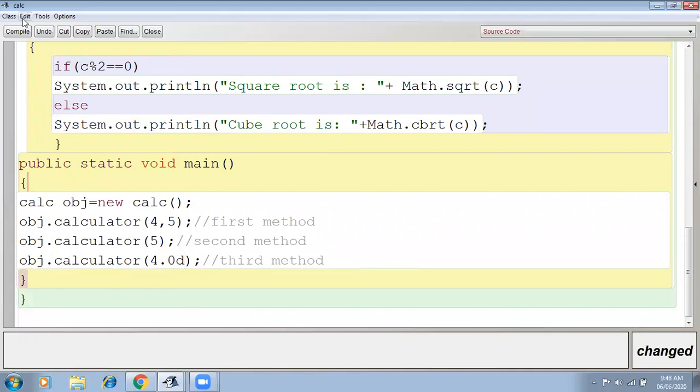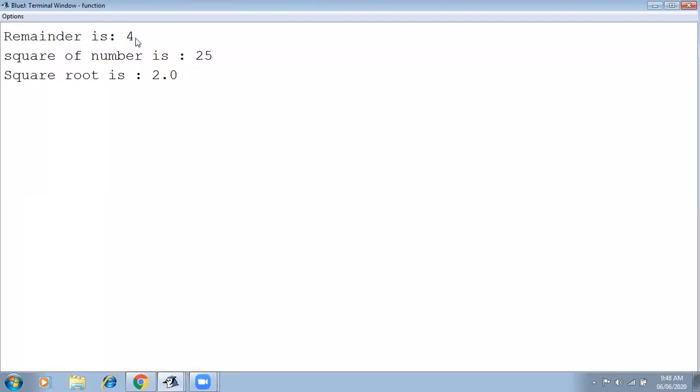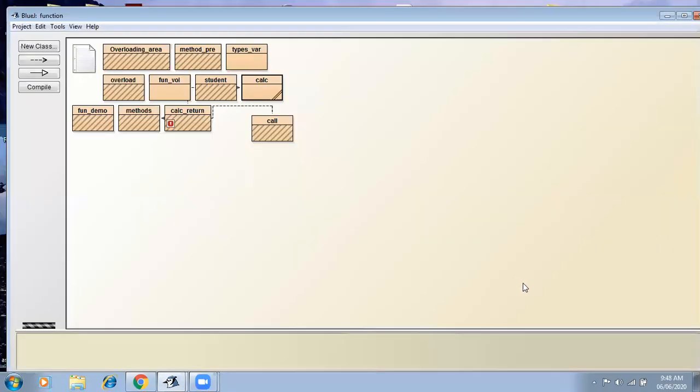Okay, now I'm executing this program. See that? No syntax error. Kelsey, void main. Remember, because I have given the parameters accordingly, it will give the answers. I hope it is clear to all.